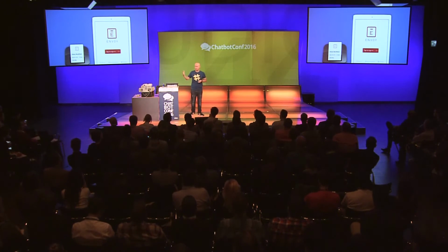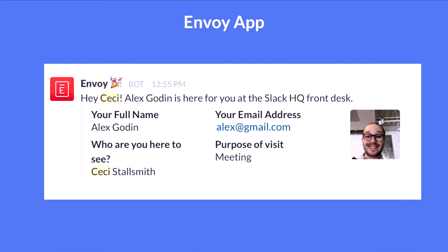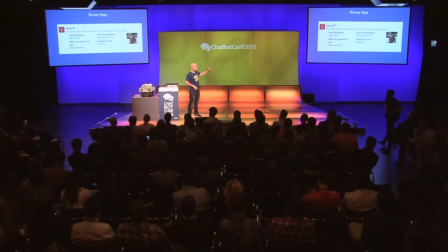Another example is Envoy. Envoy is a startup that provides a guest registration service. When someone visits me in the office, I get this nice notification in Slack. So it's a connection between the Internet of Things, between physical things, and the chat application, right? This is really important because there are so many use cases here. There's a door that doesn't need to be opened after 10 o'clock. Connect a sensor to it, connect it to a bot, and you get something that automatically notifies the security team whenever that door opens after 10. So think of all these interesting use cases that you have using simple notifications.